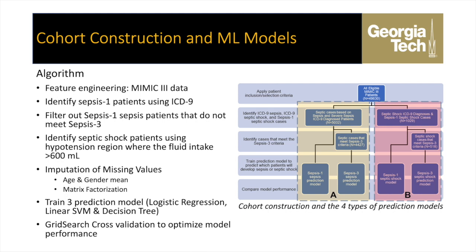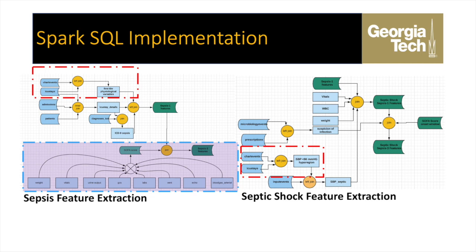As for our algorithms, we are using imputation methods described in the target study to fill in missing values, and during training, a grid search cross-validation is performed to optimize the machine learning model parameters. These 2 flowcharts are intended to illustrate how this study benefits from Apache Spark's Spark SQL module. Each flowchart describes the process from raw MIMIC3 CSV files to the final datasets needed for developing all 4 prediction